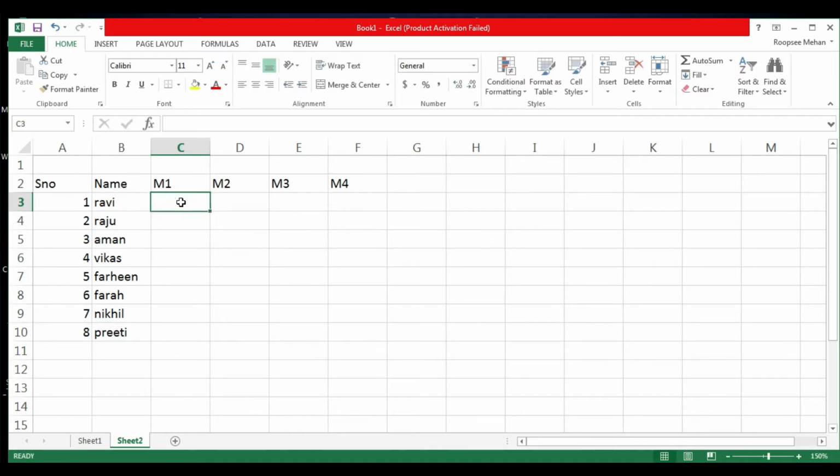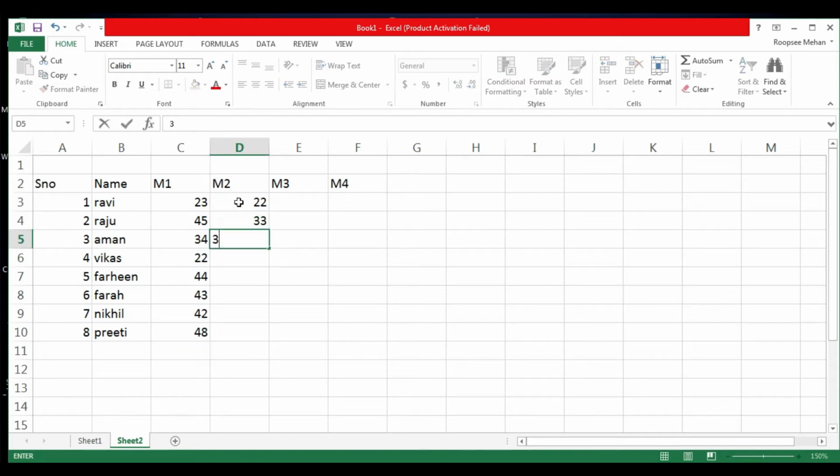Now marks I am just randomly adding out of 50. So this is how we can just enter the marks randomly, right?